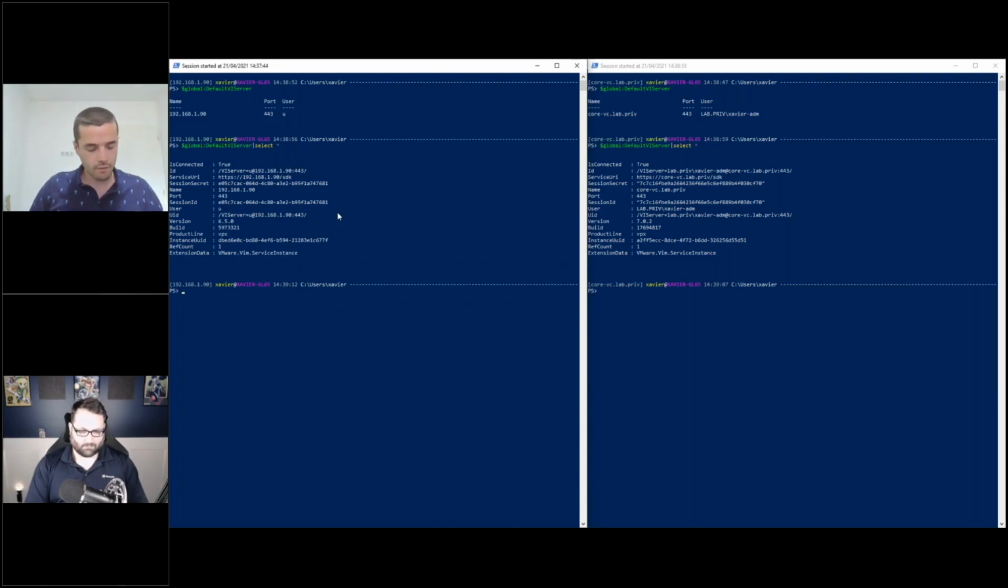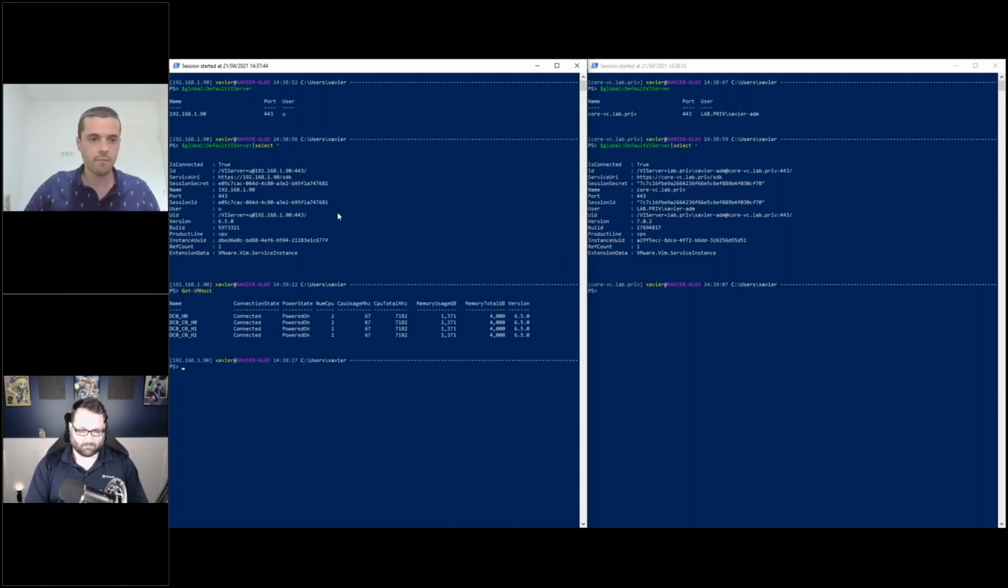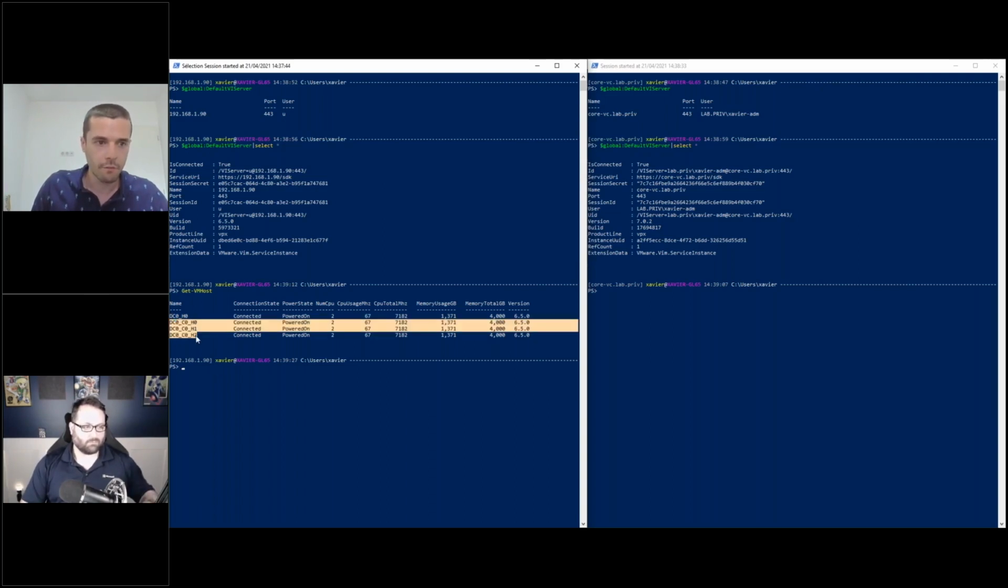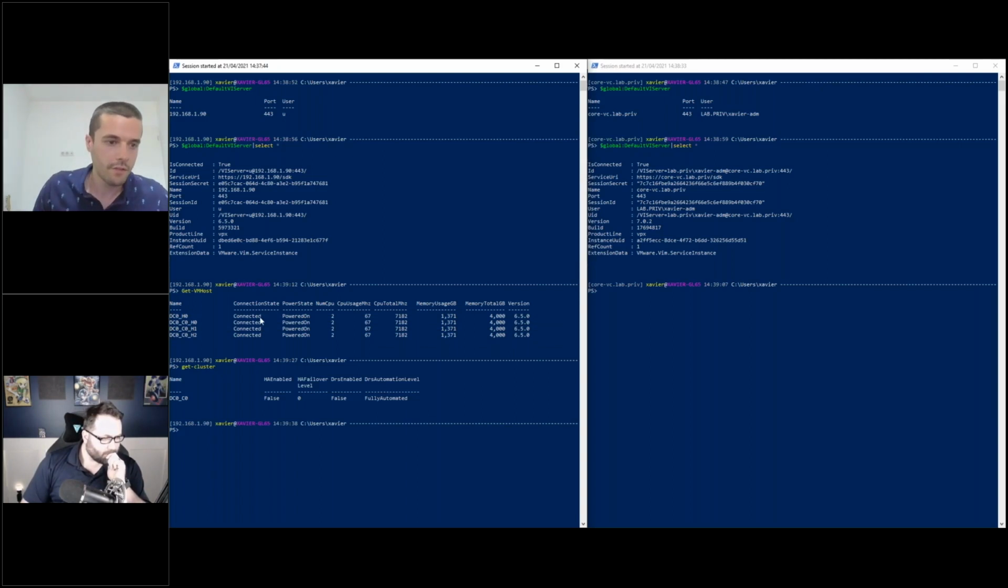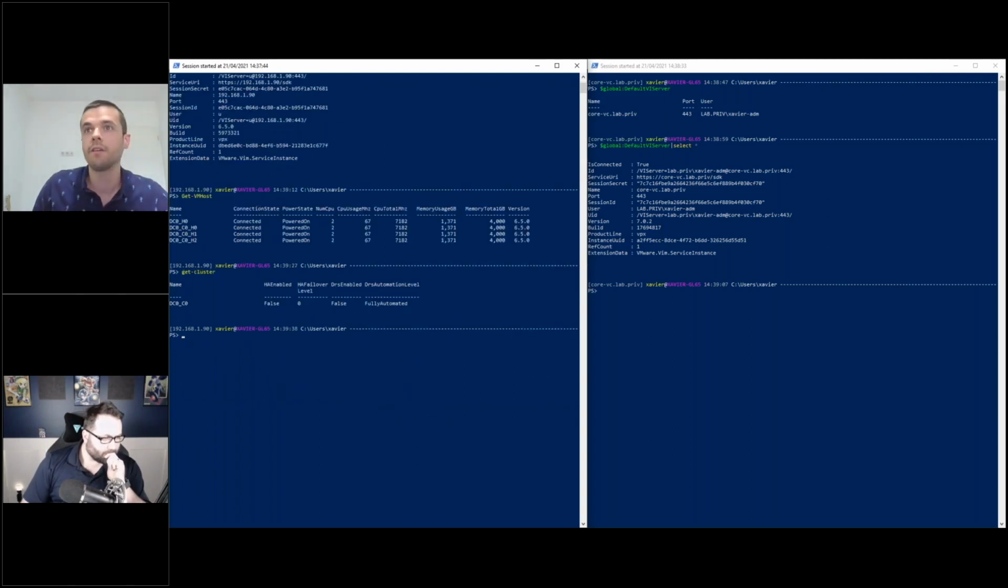So in this simulator, you can start playing with get VM host. As you can see, there's 4 hosts that are provisioned, not actually provisioned, but simulated. So these 3 are in a cluster. If you run a get cluster,